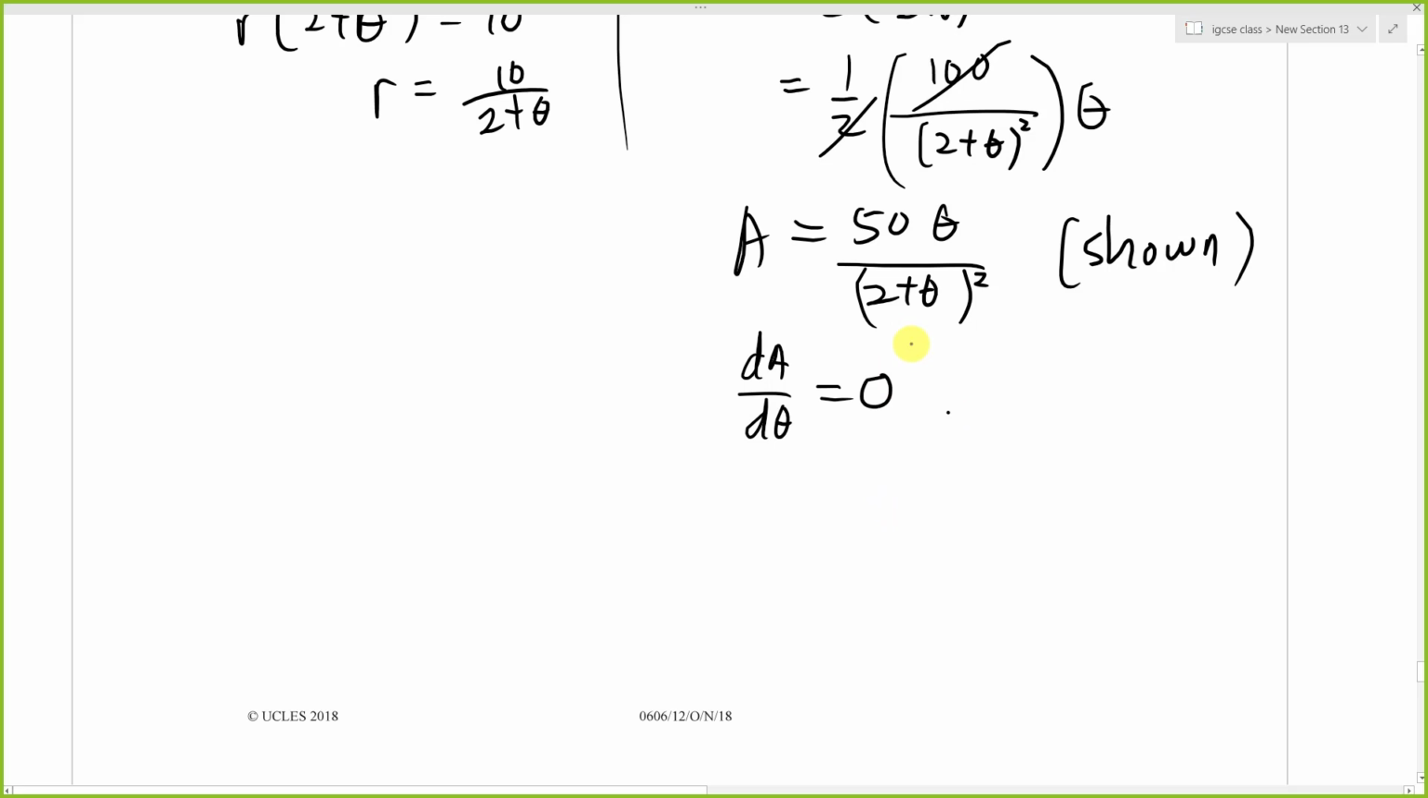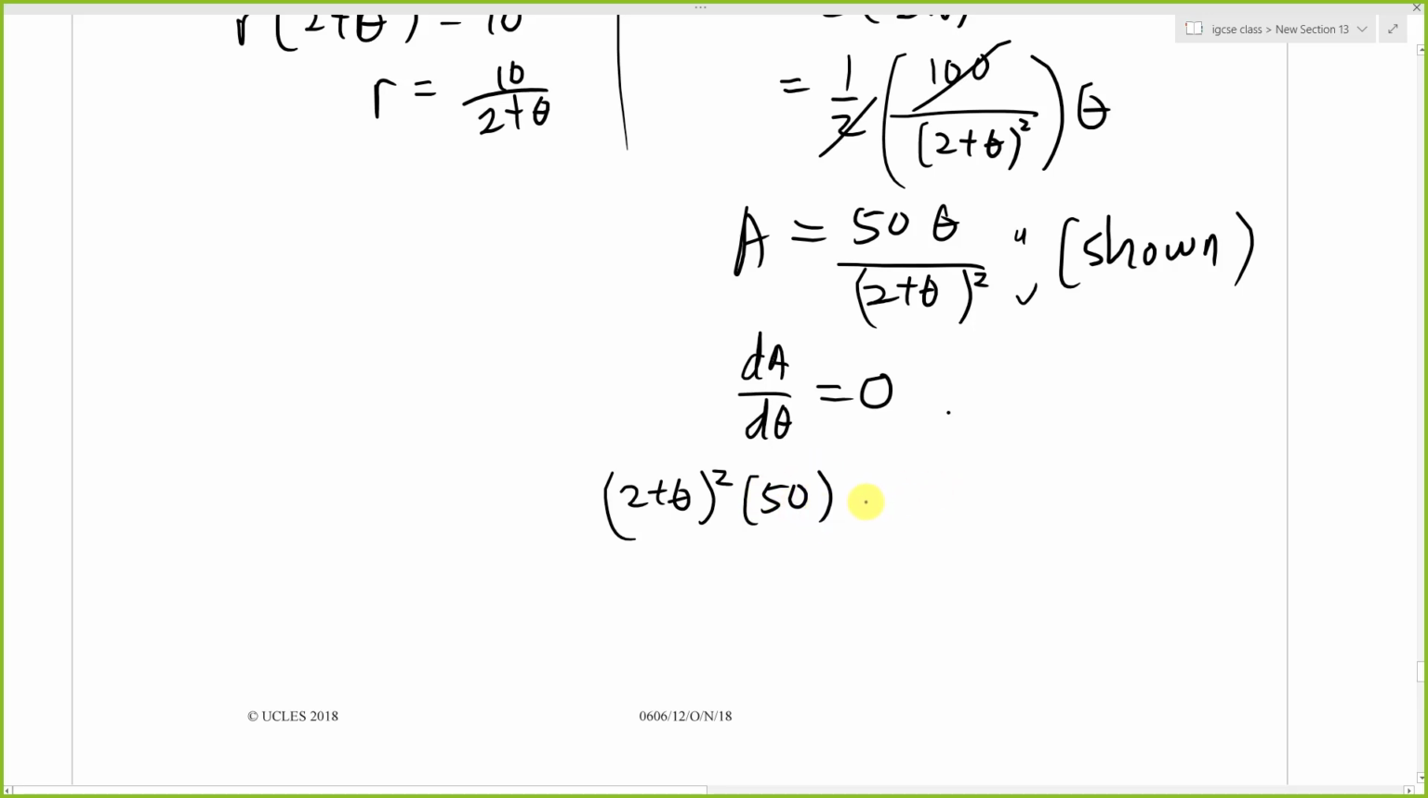But the problem is this needs the quotient rule, because top and bottom both have theta. So quite a lot of work. Never mind. There's no way to simplify. This is u, this is v. Copy the v, differentiate the u, which is 50,